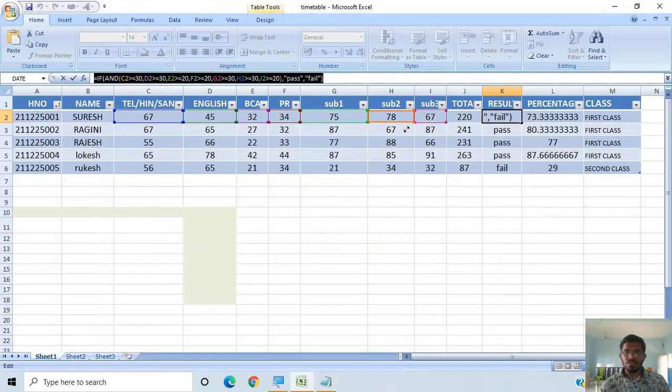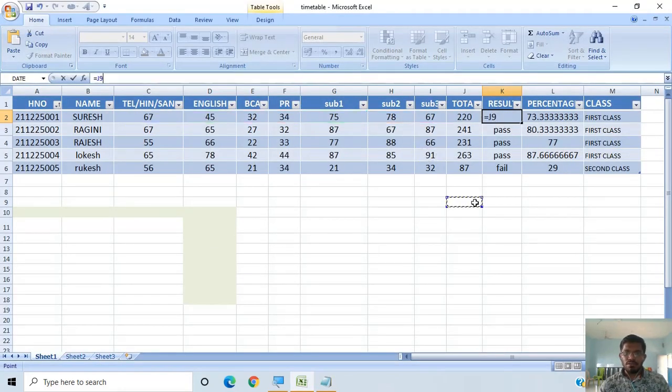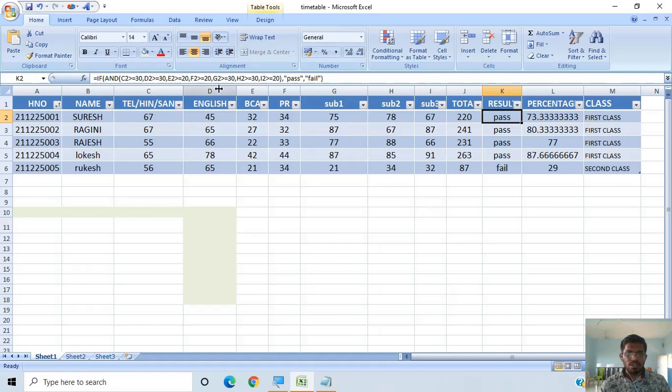So if any one of the cells does not satisfy this condition, automatically it will show fail.